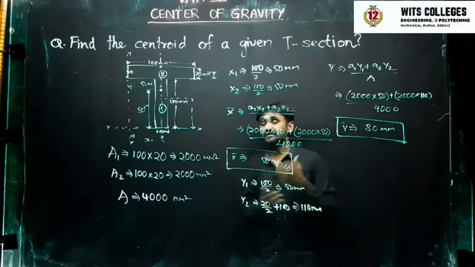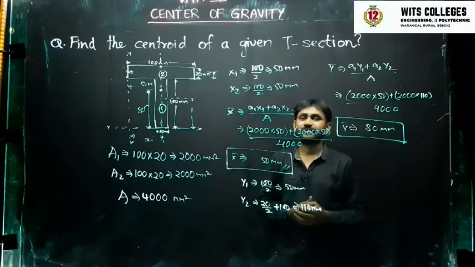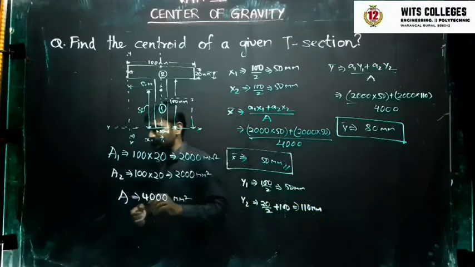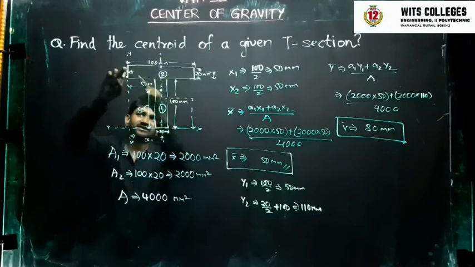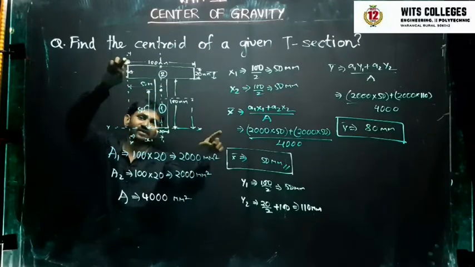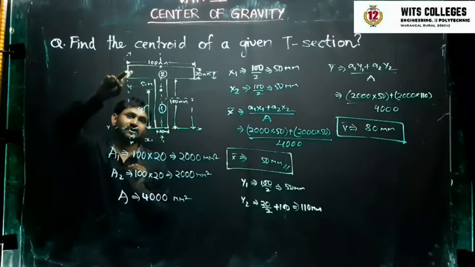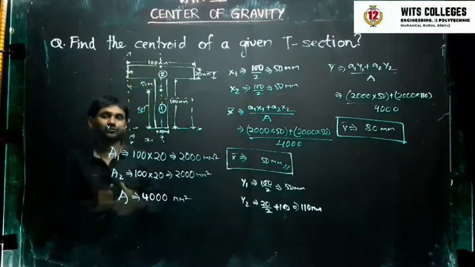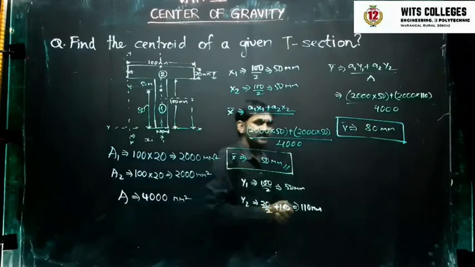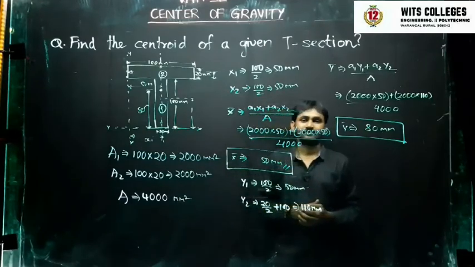If it is an unsymmetrical section, again you need to calculate x bar and y bar, and that is going to change. And you have to imagine that for this T section, this is x dash and this is y dash, and the figure starts from here. In this way you have to imagine, so that your problems will be solved very easily. So this is the T section. Next we'll see some other sections, right?